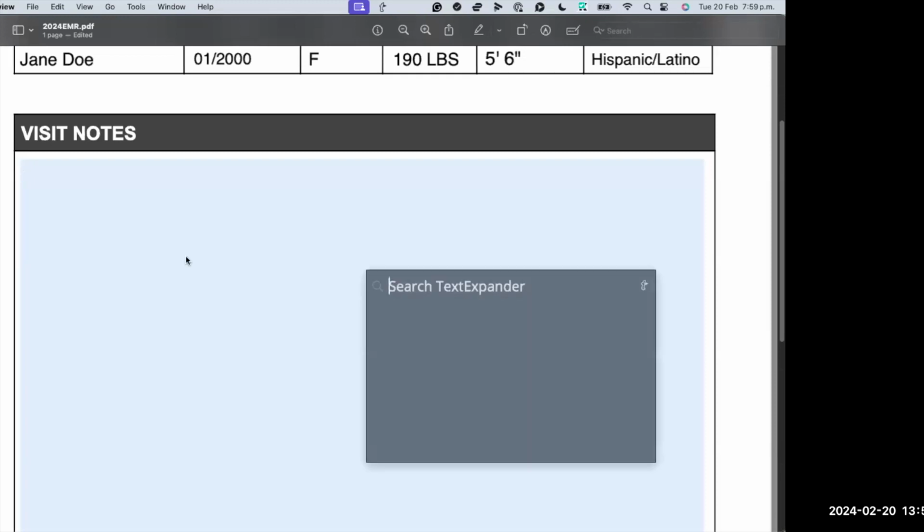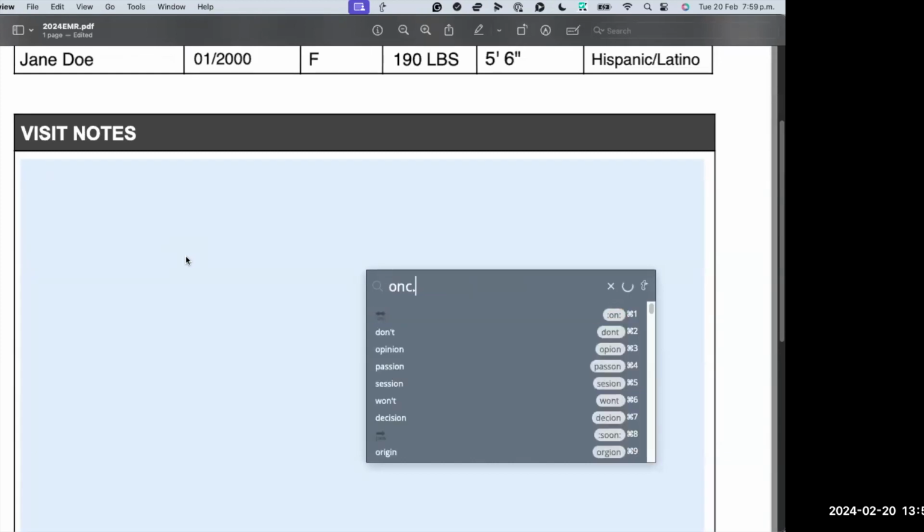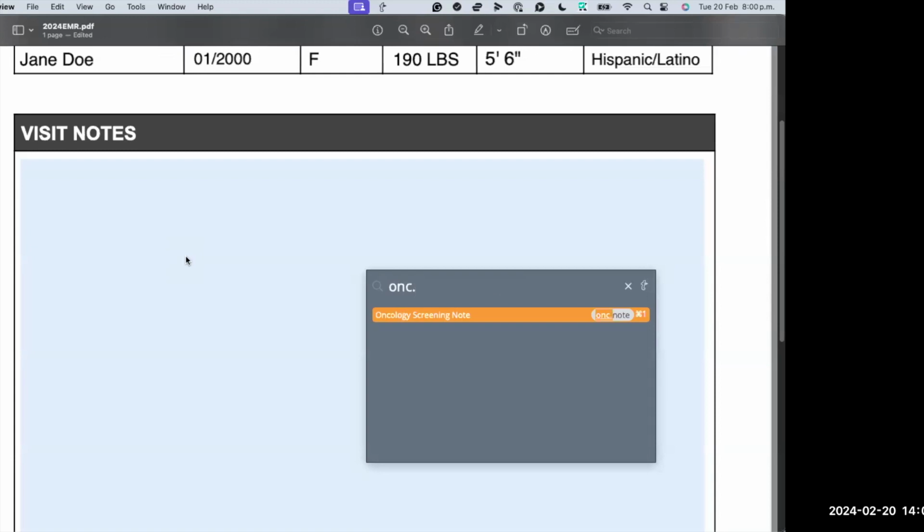And what it does is it pulls up this temporary search box for you to be able to search TextExpander right directly in your EMR, or maybe you're writing an email, any sort of other documentation. You don't have to leave what you're doing and go into TextExpander, open the app, and find that snippet. You can just go here and there. So I can put ONC dot, for example, which is again why labels and prefixes are so important.